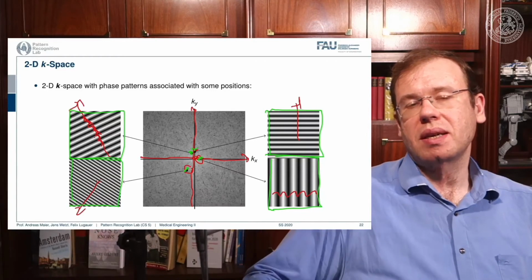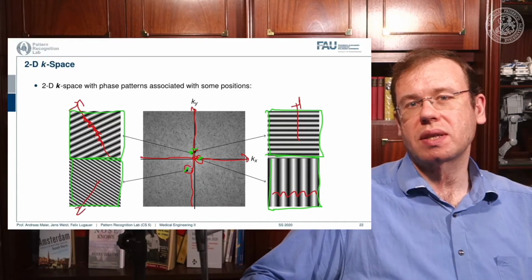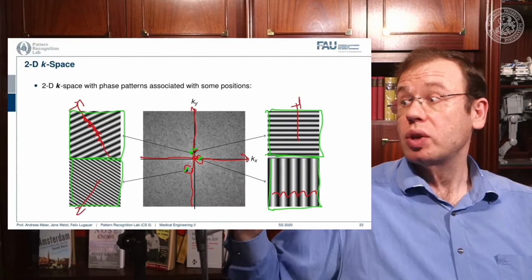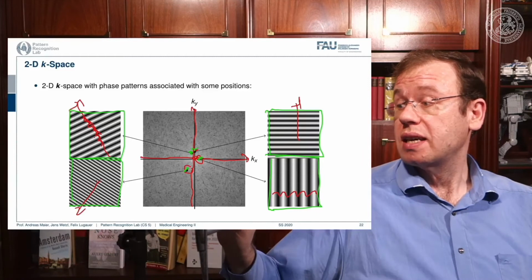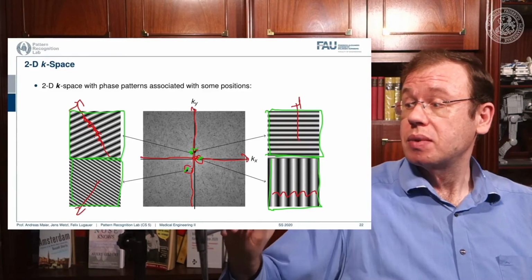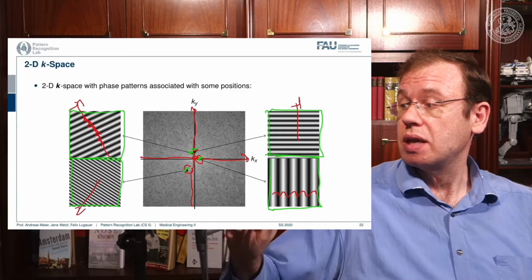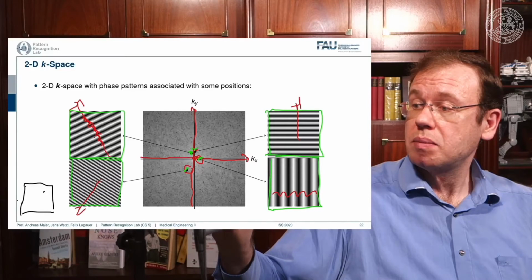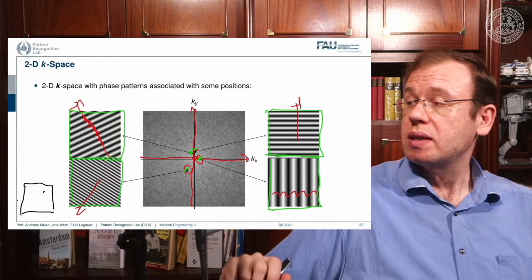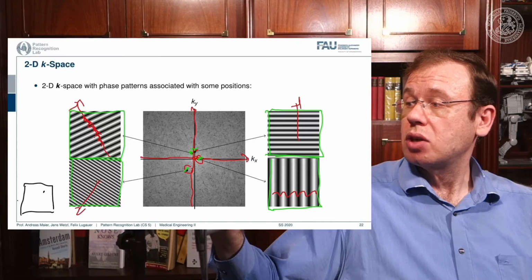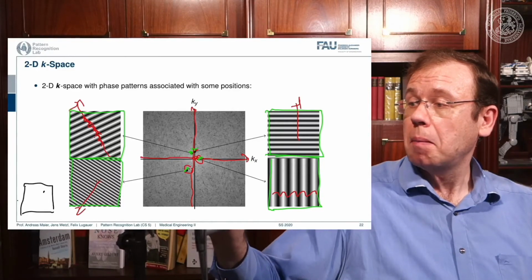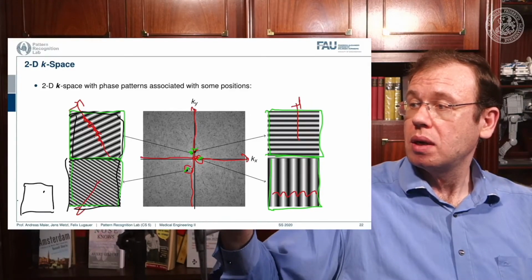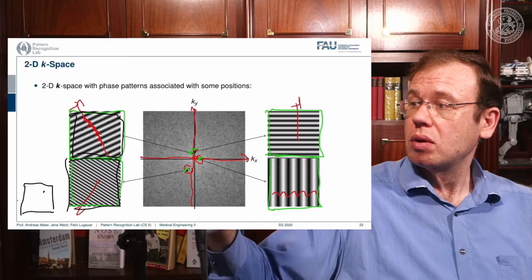So maybe if you haven't understood the concept in the previous video, maybe this helps to understand the 2D Fourier transform. If you want to reconstruct this image, what you take is for every pixel, so let's say this is your image. This is what you want to reconstruct. If you want to reconstruct this pixel here, what you have to do is you have to take essentially all of the points of the Fourier transform, multiply them with the corresponding plane wave, all of them, and then you look into this position,